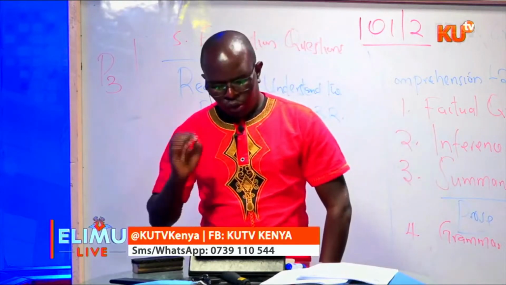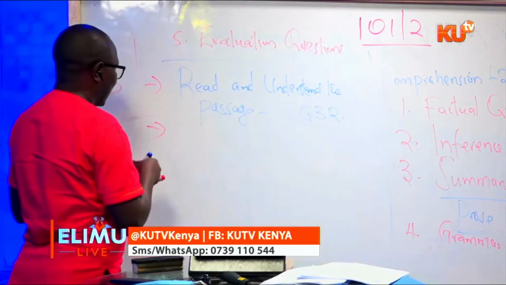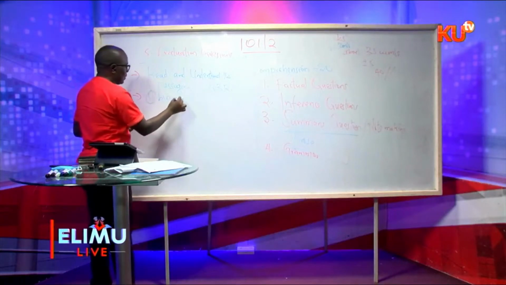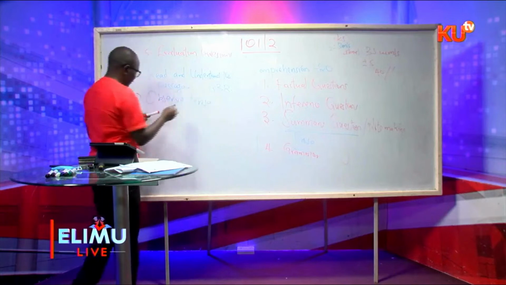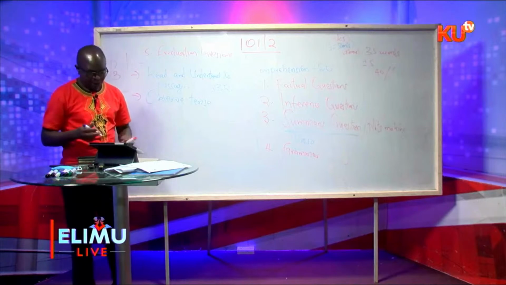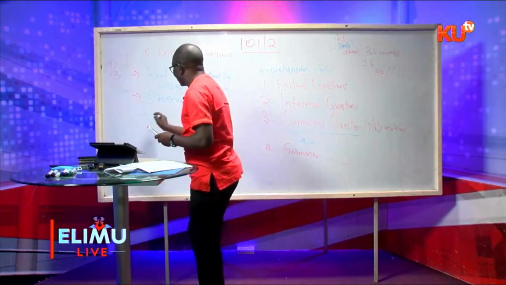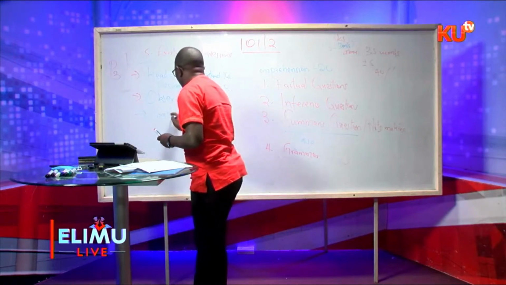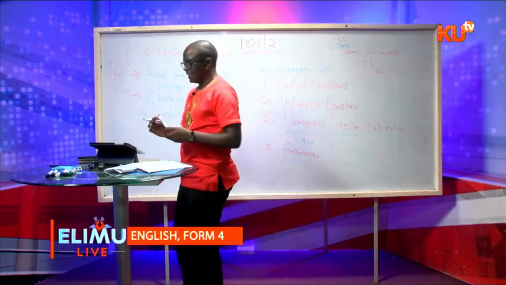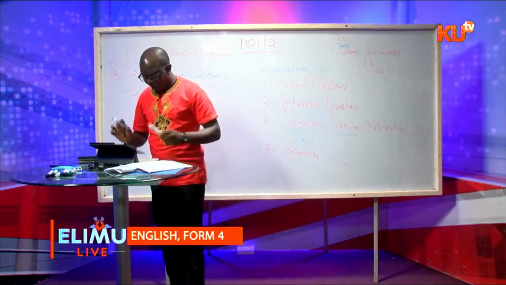Number 3, use complete sentences. I've talked about this, so read and understand. We're also saying observe tense. Observe the tense of the question, particularly on the grammar. If it is a phrasal verb that is in the past, please just explain it in the past. Then the use of complete sentences. So again, when you're putting your answers, ensure that they are written in complete